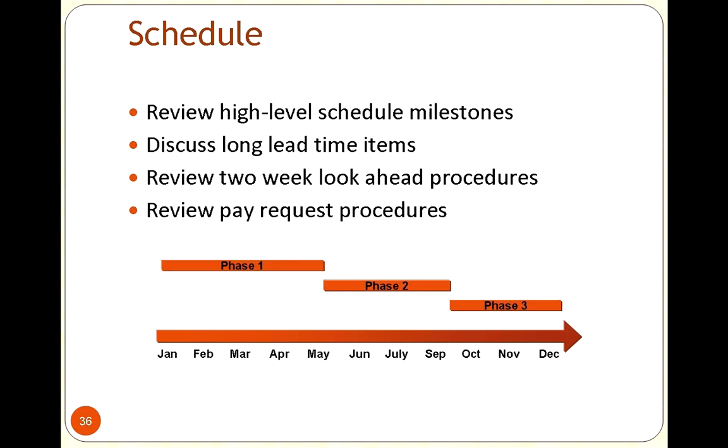So even though we used Microsoft Project, we would try to be respectful of them and say, hey, here's an update to the schedule. But we always had a 2-week look ahead. So what we did with the contractors is we said, okay, if everything flows smoothly, where are you going to be in the next 2 weeks? What are you going to be doing in the next 2 weeks? Because what if something is going to throw that off?